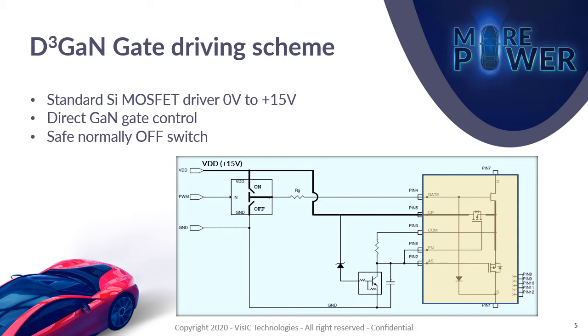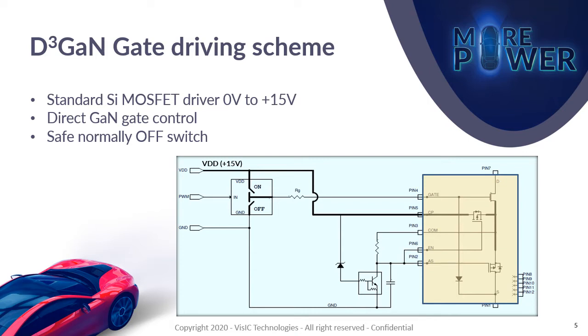If high voltage is applied to the drain of the D3GaN switch, voltage increases on its in-series p-channel source, which in turn increases the negative voltage on the GaN gate. When this voltage reaches about minus 8 volts, which is the GaN threshold voltage, the GaN device turns off and